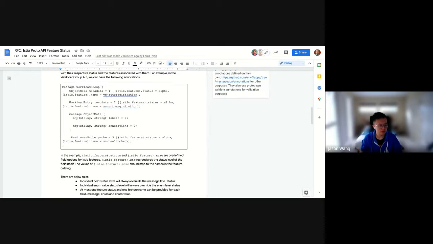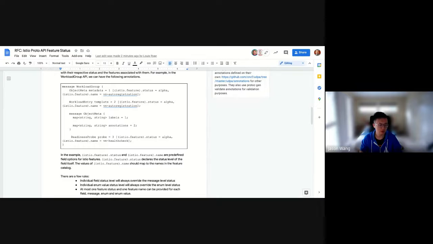There are a few rules I would like to note here. Field level status will always override message level status. So the API owner or developer can label the status on the message level. For example, if they label on the object meta level and label it alpha, then it means the labels and annotations